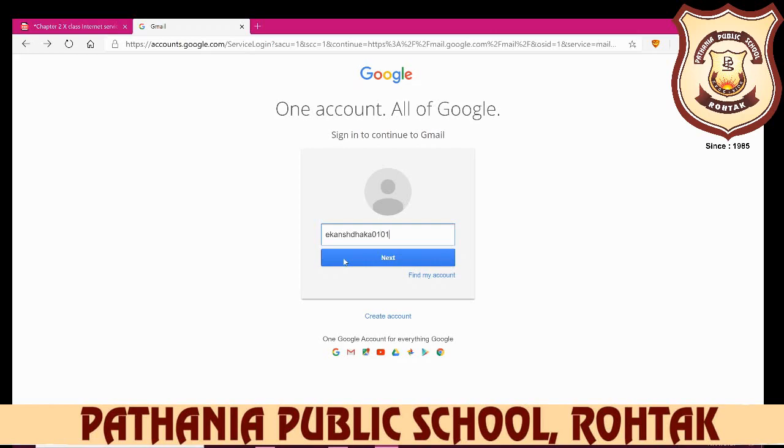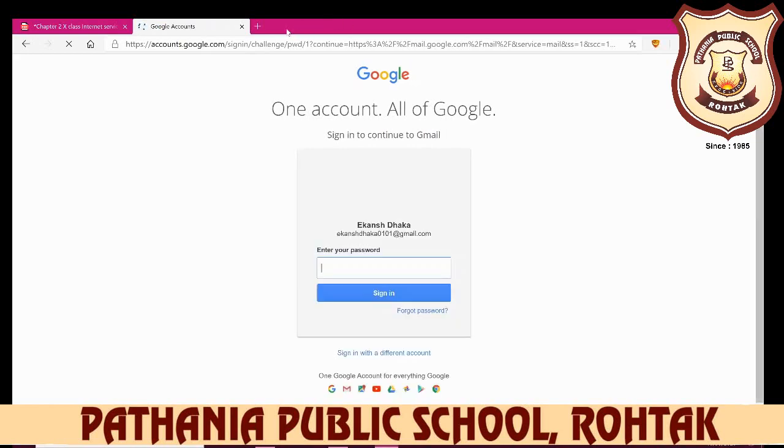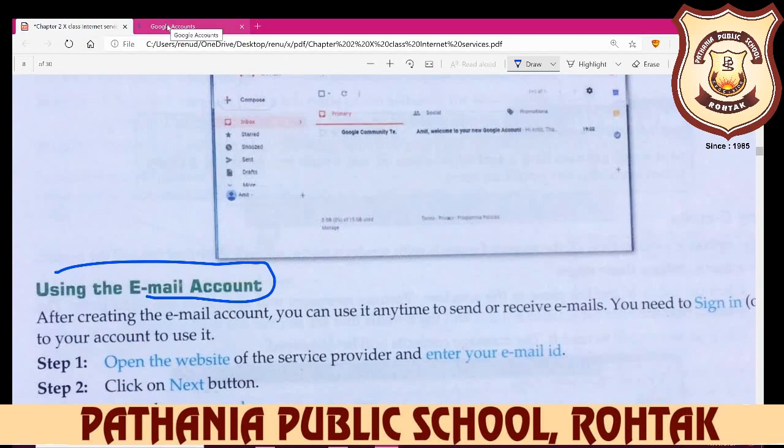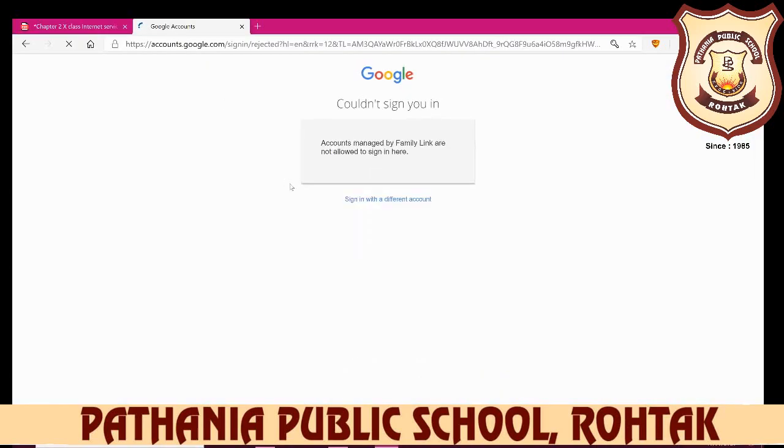You write gmail.com, otherwise you don't need to write gmail.com, because Gmail automatically takes the extension name of the website. After that you can write the password. Always select a password with some special character or some number, or some capital letter or small letter like this.